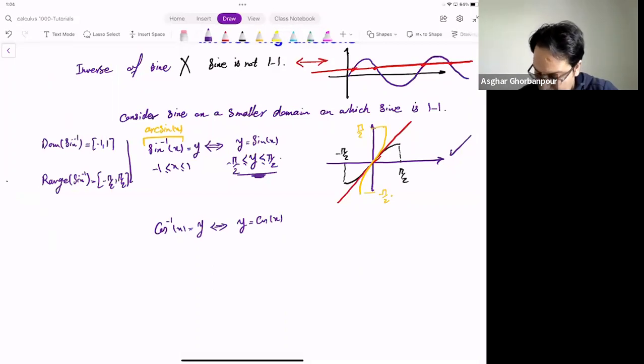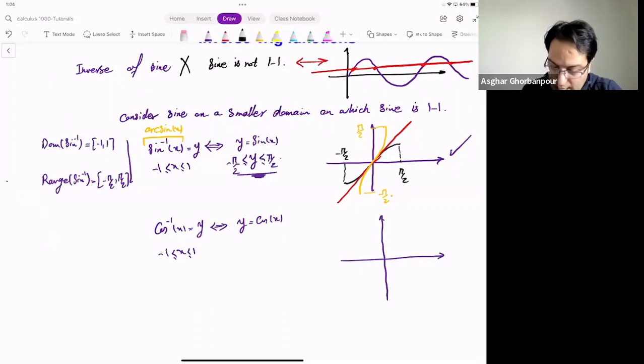And in that case, the one-to-one domain of cosine, this is very important, look at the graph of cosine, it goes like that, and this is pi, so the standard domain that we will take in this course is going to be from 0 to